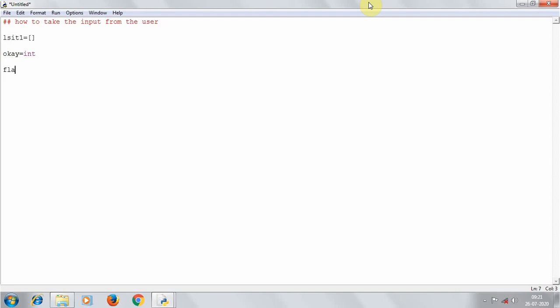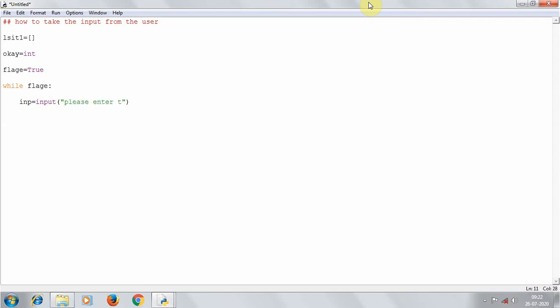So then I will take a flag and I will set it to true. Okay, then I will use an infinite while loop, which is basically to take the input from the user for an infinite period of time. Okay, then I will enter the while loop and I am taking the input here. So the variable inp I am using, so that is basically acting as input, and inside this I will write the instruction for the user, saying that okay, so